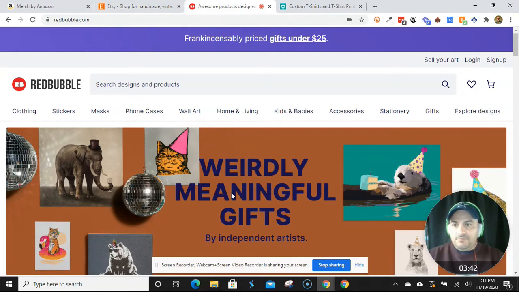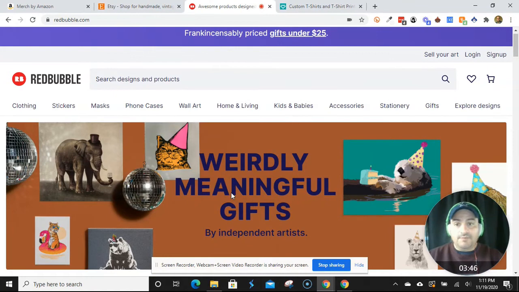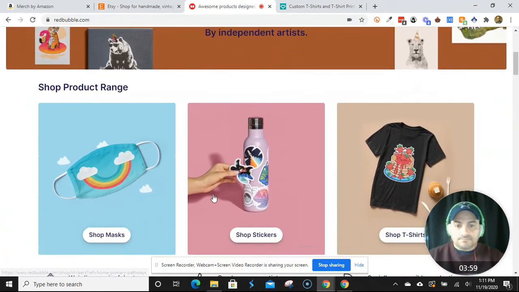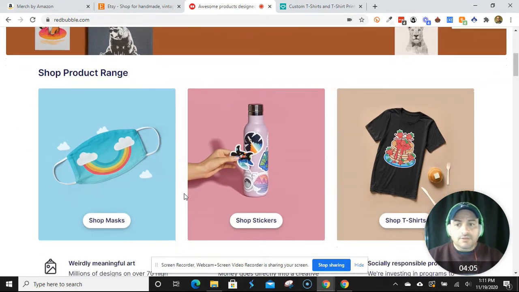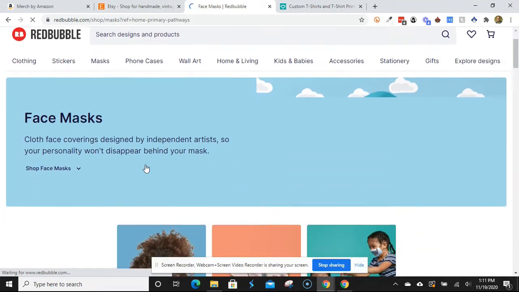Next, we have another major platform, Redbubble. So Redbubble, when it comes to print on demand, is very popular, and kind of like Merch by Amazon, it's a platform where you get to upload, and automatically that design goes on several products. And just like Merch, when someone purchases that product, they take care of everything, shipping it to the customer. You don't pay for the product, they deduct it, and then you get a royalty on that.